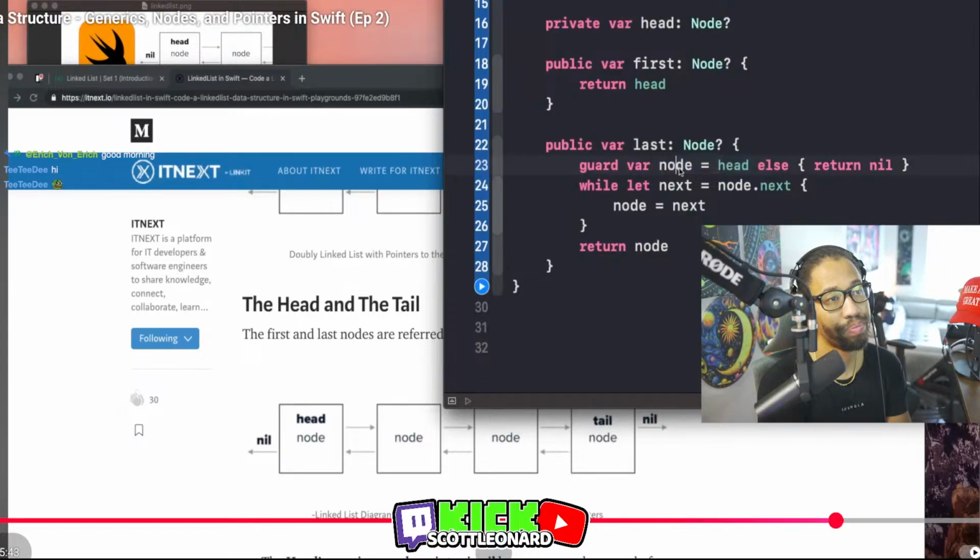And then the while let is checking if it's optional or not. So it's just going to loop through these until there's no more values that have anything assigned to them. But node.next, right? When you set next to node and you do the recursion again, it's going to check the node.next of the new node. Yeah, okay, that makes sense.